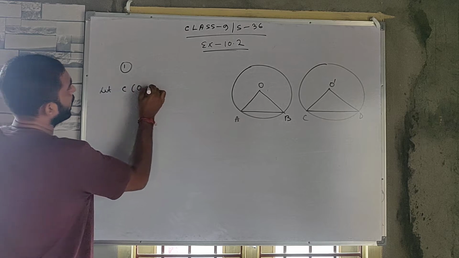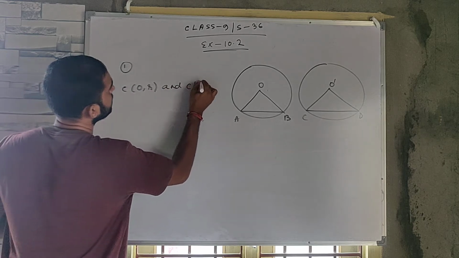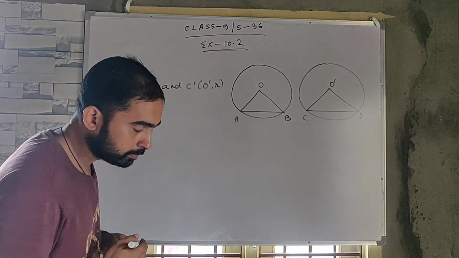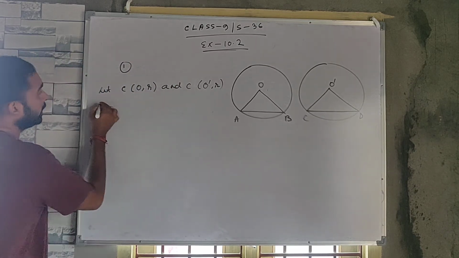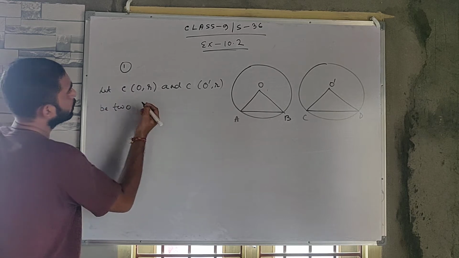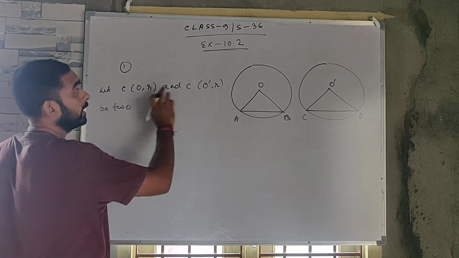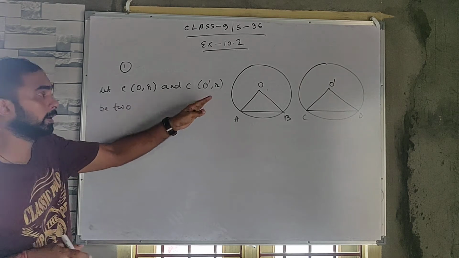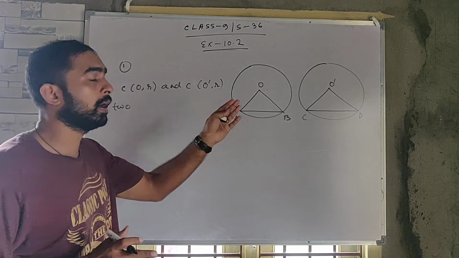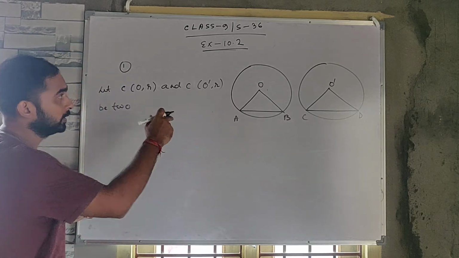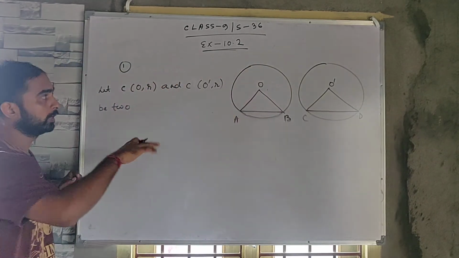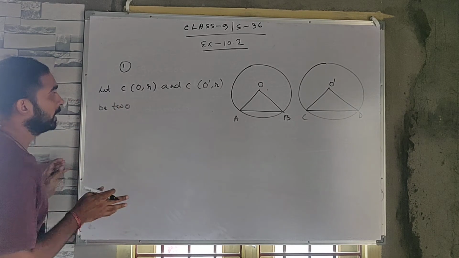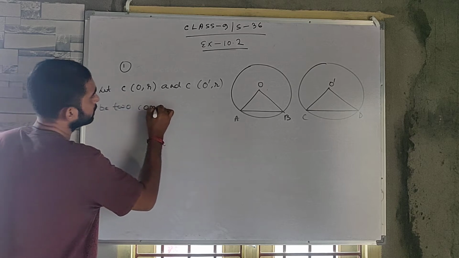Let C(O, r) and C(O', r) be two circles. We consider r as the same because the centers are different but both circles are congruent, so we can't consider r and r'. If you consider r and r', the values may be different, but here it is mentioned that the two circles are congruent, so we have to consider the radii equal. So let C(O, r) and C(O', r) be two congruent circles